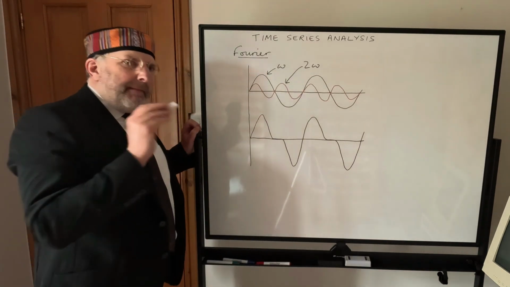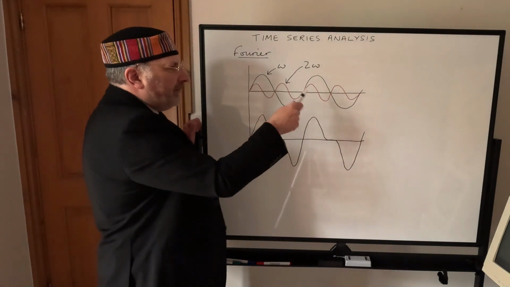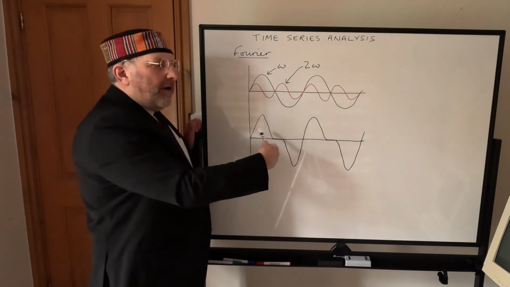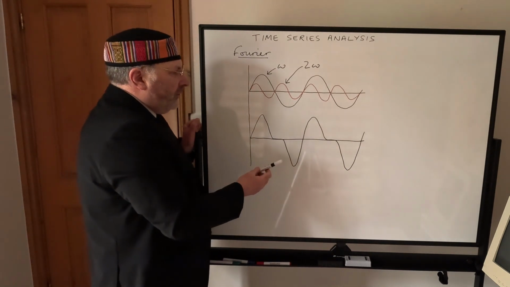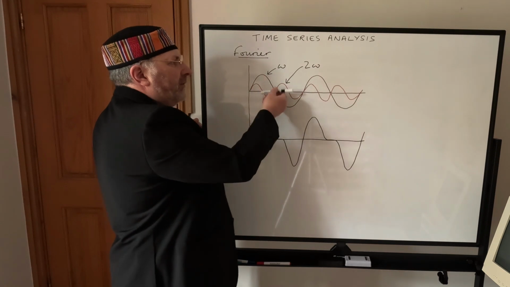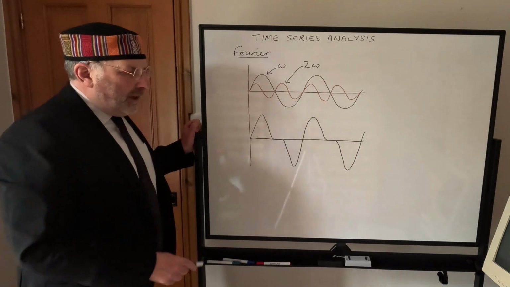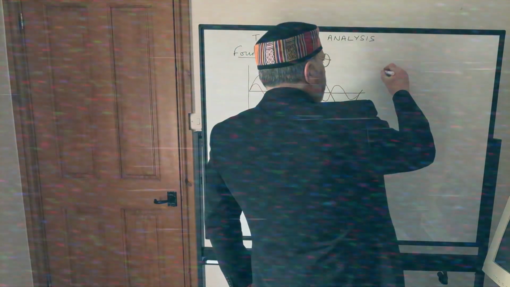And the magic of Fourier analysis is that by suitably adding up sine waves, we can get any kind of arbitrary waveform or arbitrary signal. So any waveform can be broken down into some suitable combination of sine waves. And to give another example of that, we can take a square wave